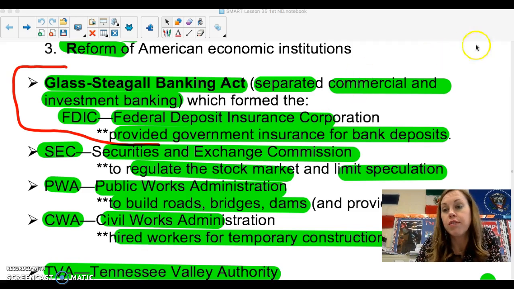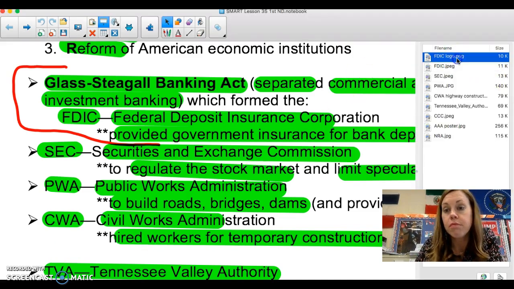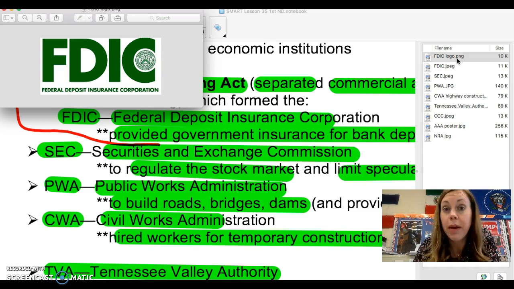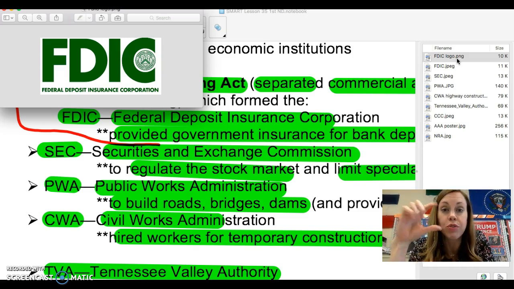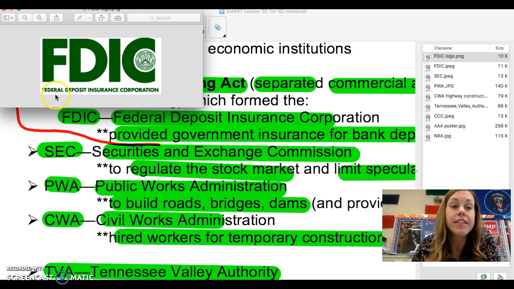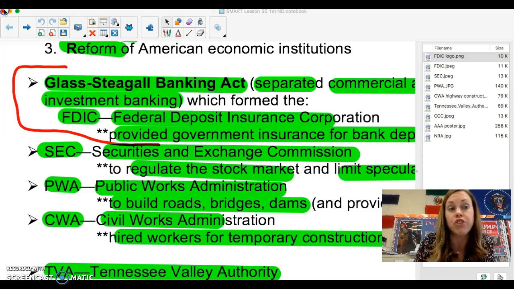I wonder if you've ever seen this before. When you walk into a bank, it's usually on the door, the glass door as you're walking in. FDIC, Federal Deposit Insurance Corporation. So it is insurance for your deposits. Here today, it is $250,000 in insurance. So you put up to $250,000 in, and they will cover that $250,000 if for some reason the bank has to close. So you will get your money back up to $250,000.